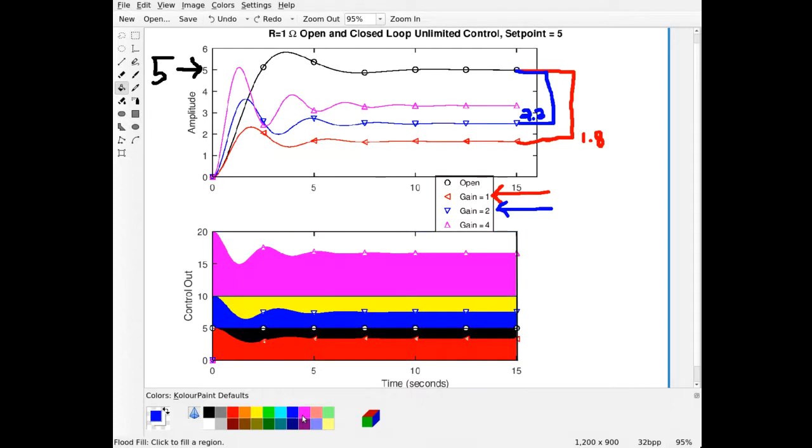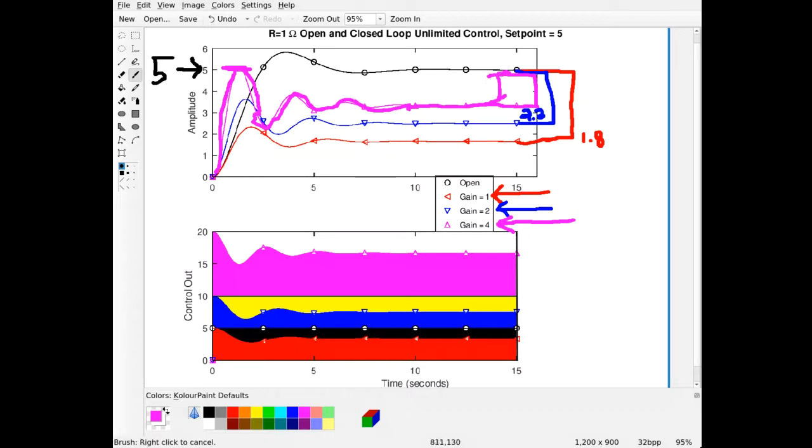So I tried increasing the gain again. I increased the gain to 4. And now notice, boom, it shoots right up here and actually gets about to where I wanted it, but then it drops down again and bounces around more than ever, and it still only makes it up to somewhere around 3. So I still have a huge amount of error,